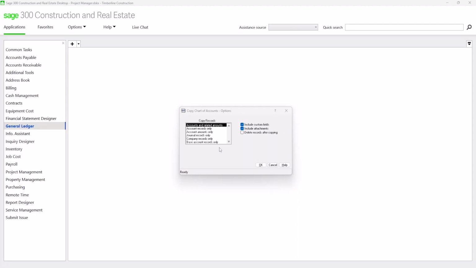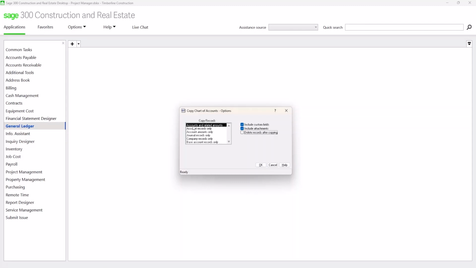In preparation for this video, I have already copied company, base accounts, and journal records, leaving accounts and related amounts to be copied from the originating company into my consolidation data folder. Please never ever click this delete records after copying checkbox. That's the checkbox that should be left alone, otherwise you're going to delete accounts and related balances from your live data folder.